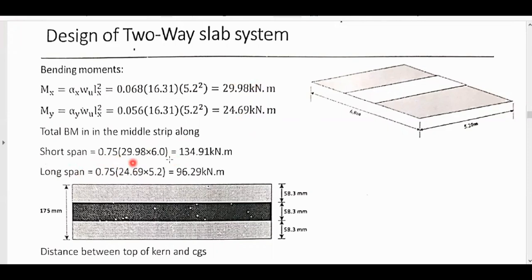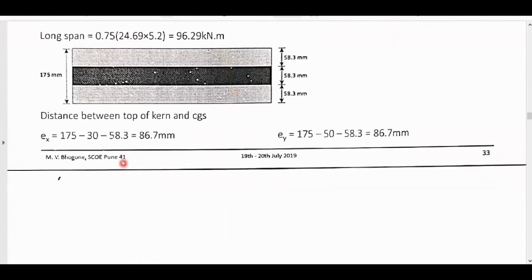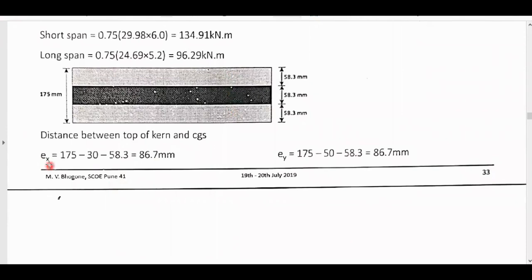So this shorter span moment will be 134.91 and longer span moment will be 96.29 kilonewton meter. Once we calculate this, we are going to calculate the eccentricity values Ex and Ey. So Mx or My is equal to Ex into Px or P, and it is Ey into P. So we need to calculate the value of Ex and Ey,